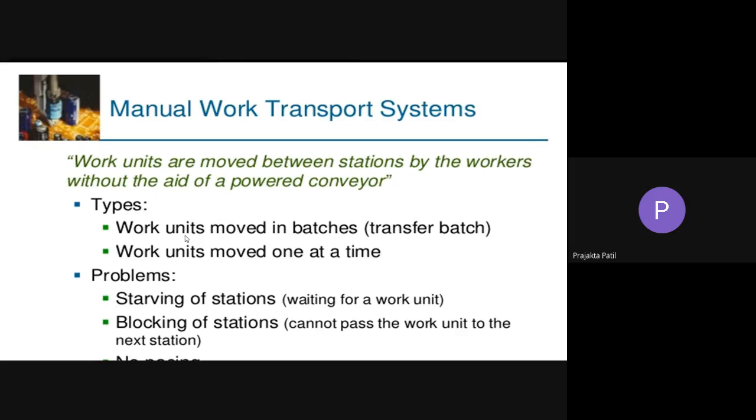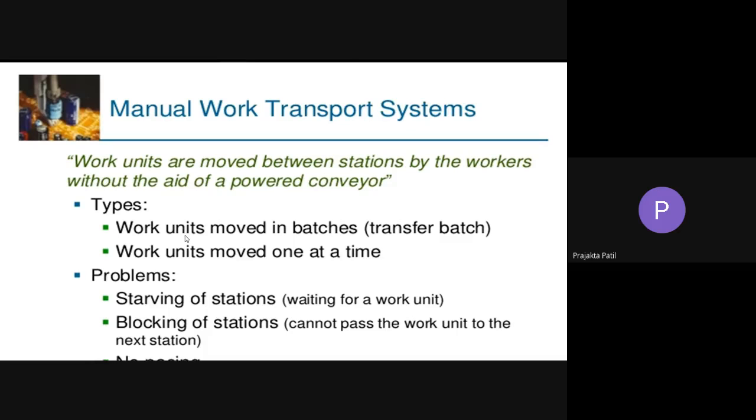And what about blocking of a station? When a station is blocked, it means that the operator has completed the assigned task on the current work unit, but he cannot pass it to the downstream station because that worker is not ready to receive it. So the operator is going to be blocked with work units. He cannot move it to the next workstation. In order to mitigate these problems of starving and blocking,